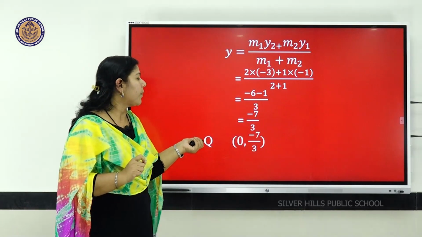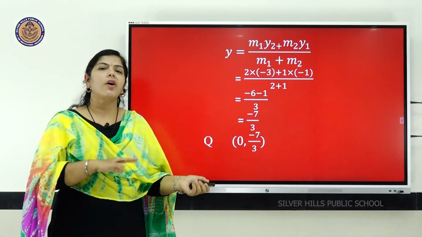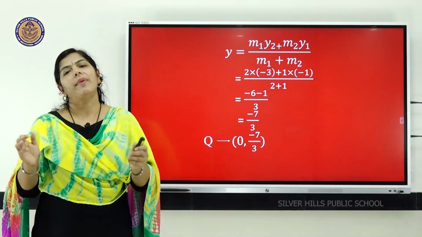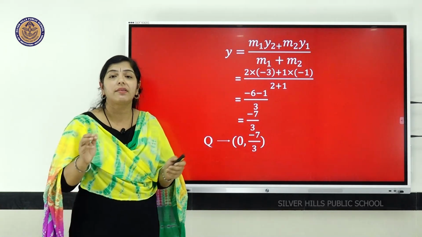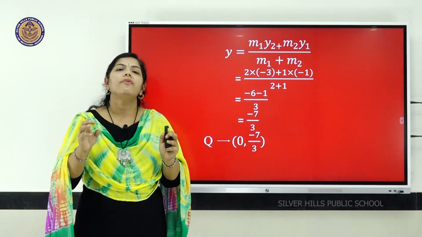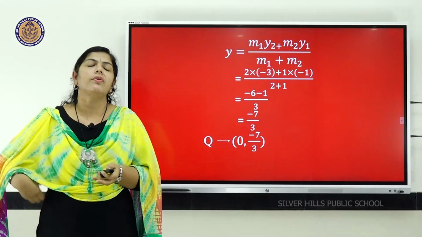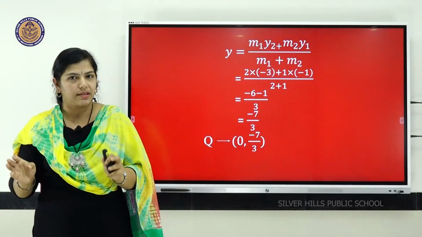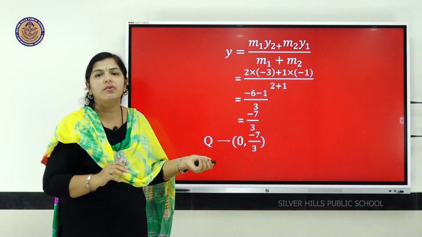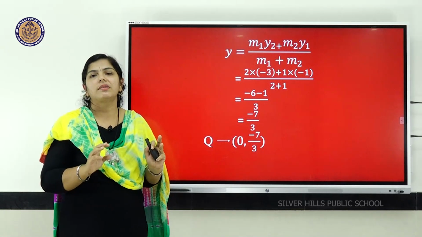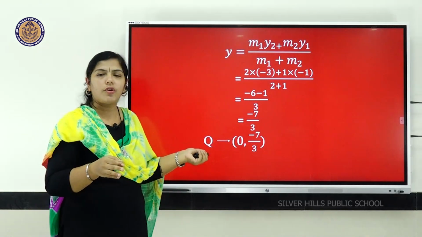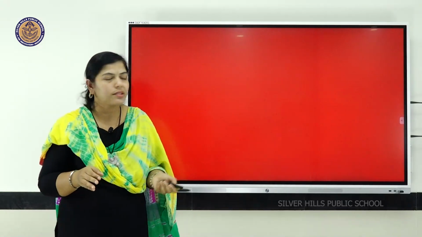So, for the required point Q, we got the x coordinate and y coordinate. So, the point Q is 0 comma minus 7 by 3. I found each coordinate separately after so much practice. If you are comfortable to do it together, you can do it together, but do not make mistakes, that much only. Okay. So, the required point P we got as well as Q also we got. So, those points divide the line segment into 3 equal parts, that is P and Q. Hope you have understood this.